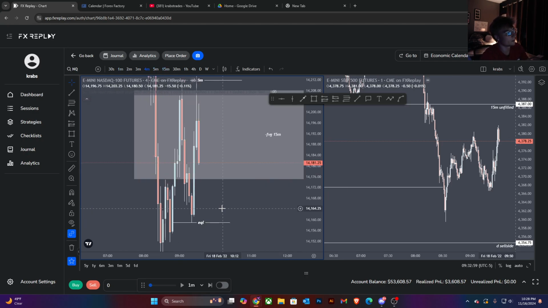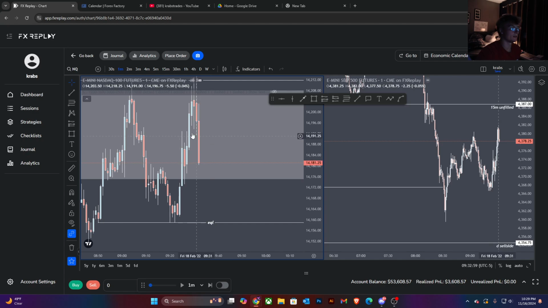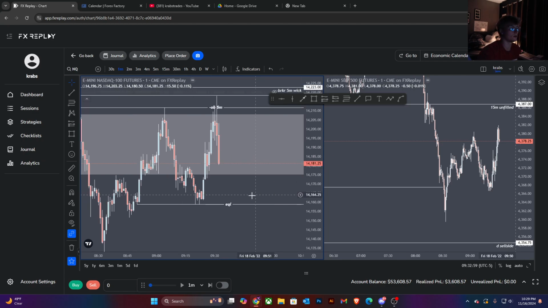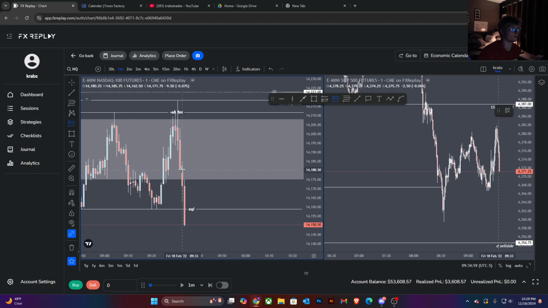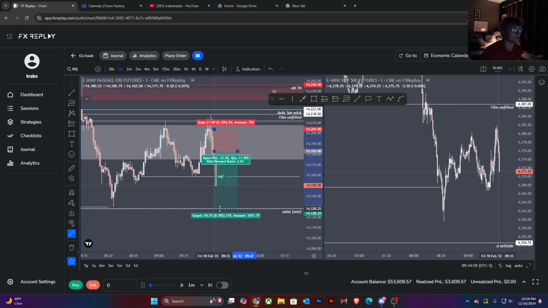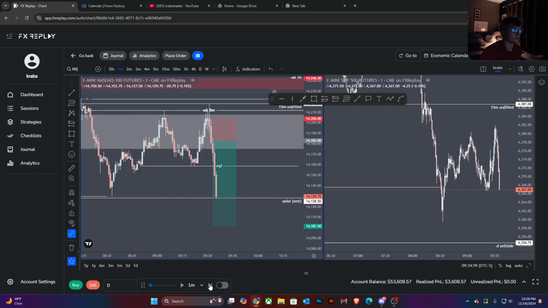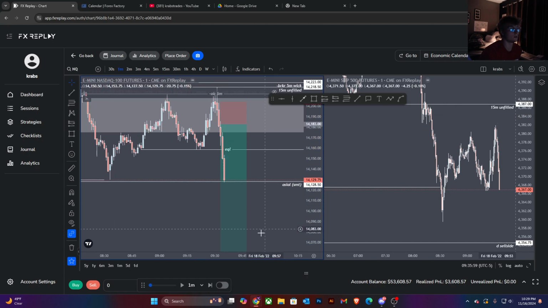Damn, big ass 4-minute. Don't like that. Pre-fire would be right here, but I'm straight. Yeah, damn. Pre-fire would have been this 1-minute inversion. But yeah, I don't break my rules, so I'm not gonna take that. Then we're probably just gonna run to Asia. And then hopefully we don't run to that daily sell side.